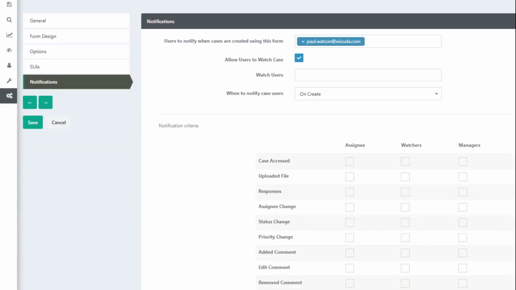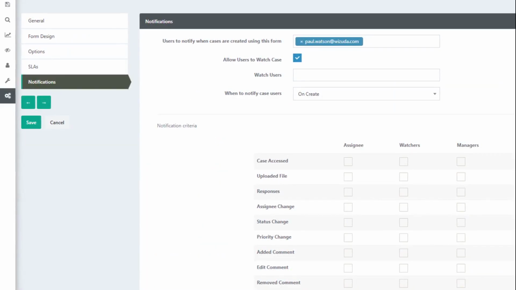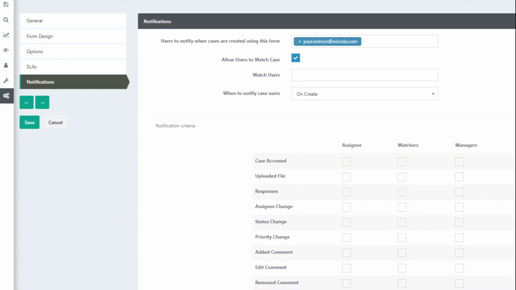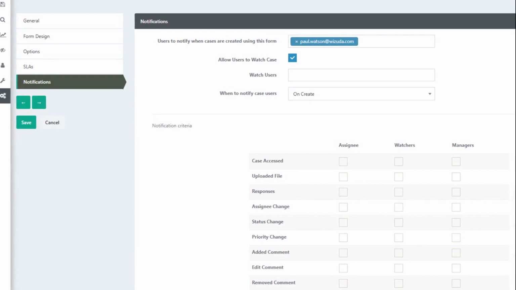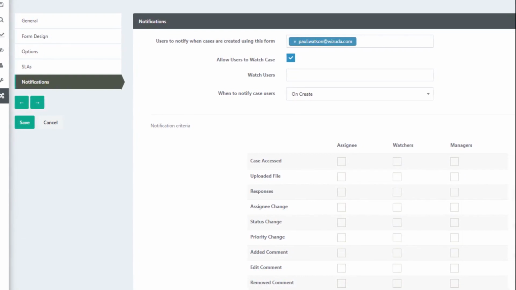Each form can have assignees, watchers and managers, and you can easily configure what you want each to be automatically notified of. For example, to see any external responses, when the status of the request is updated or for all